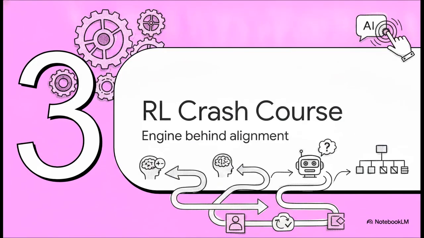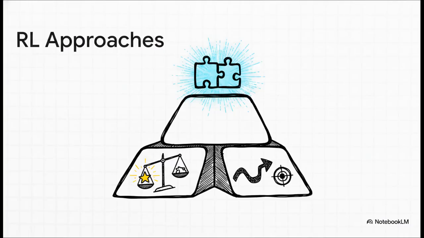So how exactly do engineers teach these models to behave with that level of nuance? Let's move to section 3. A reinforcement learning crash course, because this right here is the engine behind the alignment. To align AI, engineers use reinforcement learning. You can think of these as the building blocks used to teach the AI what humans actually value. We start with Q-learning, which estimates future rewards. It's really great for smaller, more distinct environments.